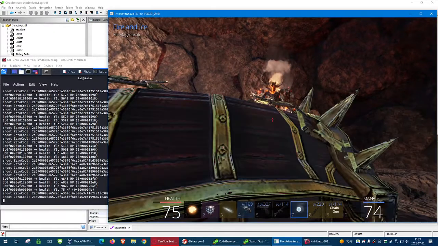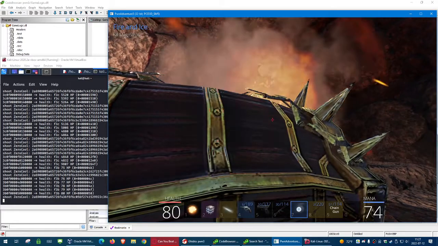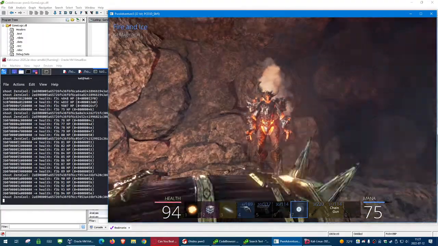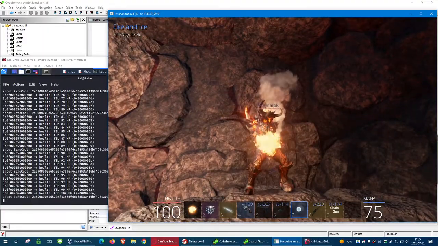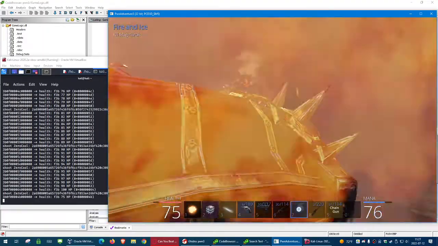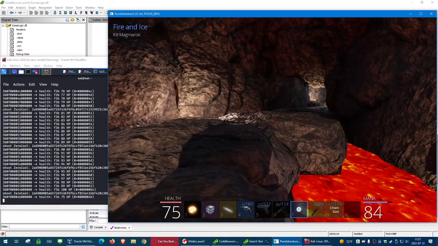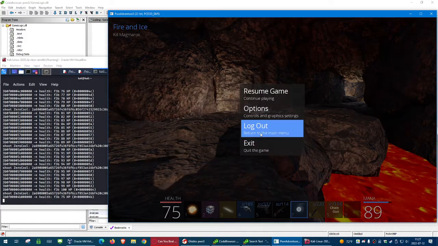Well, if it weren't for the lag, I'd be able to just jump and snipe him. Okay, we gotta click and then jump, I guess. Whatever. Okay, so that's why we can't just take Magma Rock out. All right, and so